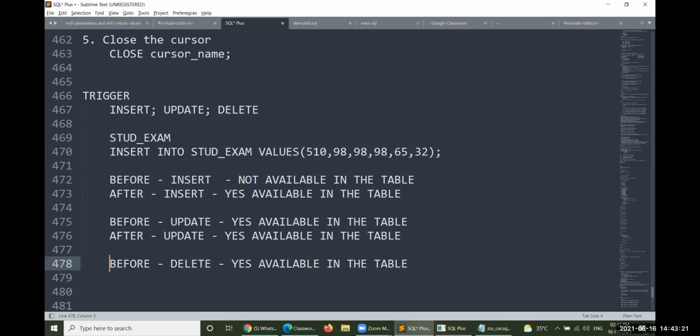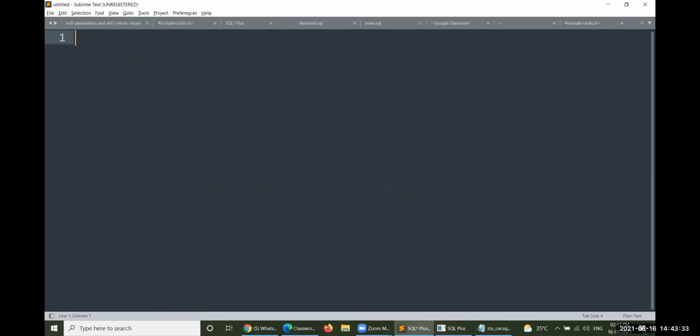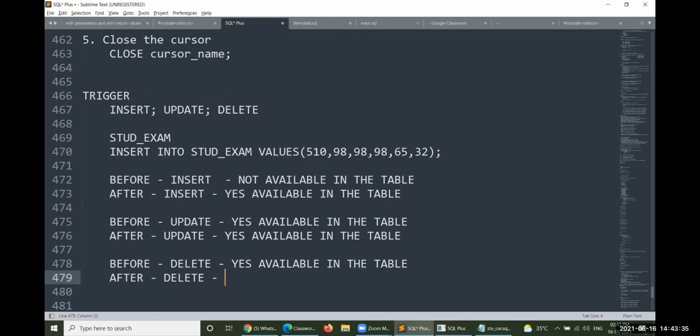It is not possible to delete without having any data. After deletion, do you have such data with you? What you have deleted, could it be available or not? No, it cannot be available in the table.